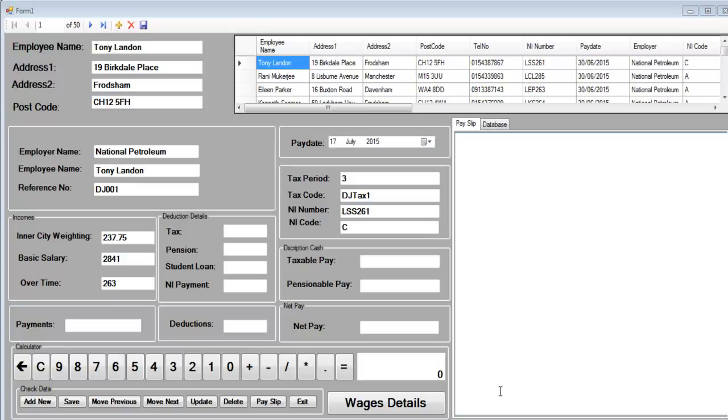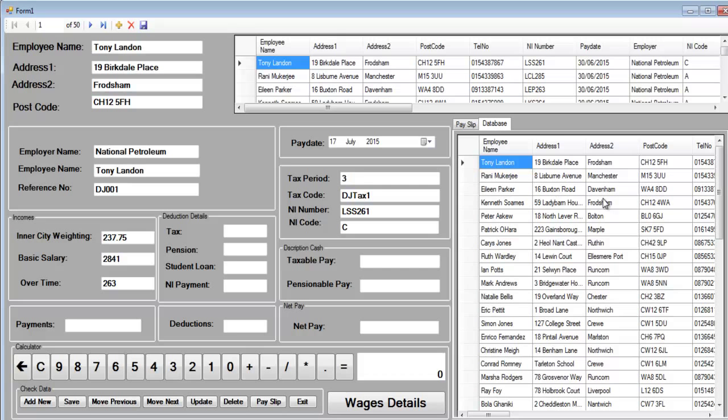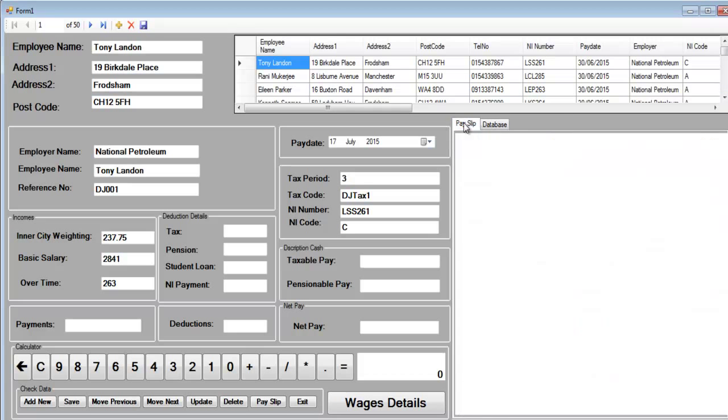This is an advanced payroll system developed in C#. So let me just show you guys how it works. Here I have a database that I imported. The same database is right here, showing the record of Tony right there, and here is supposed to be